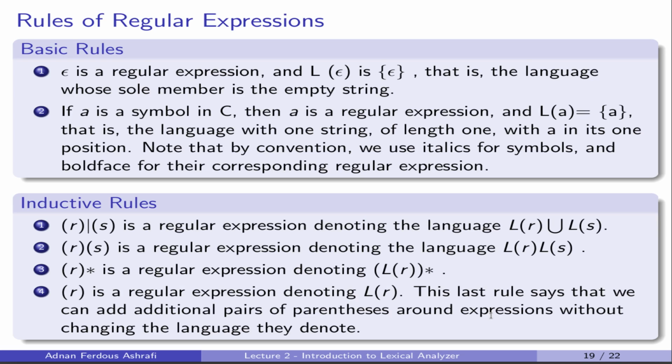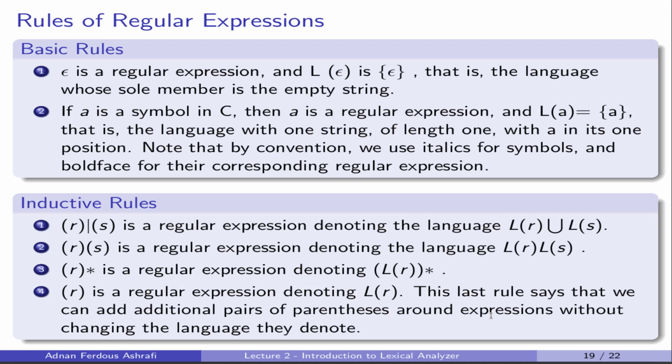So তার মানে হচ্ছে আমি একটা null string ইউজ করতে পারি, আমি একটা কোনো স্পেসিফিক ক্যারেক্টার ইউজ করতে পারি ইন আ রেগুলার এক্সপ্রেশন. ওকে, দুইটা বেসিক রুল গেল. এখন আসি আমরা কিছু ইন্ডাকটিভ রুলে. So as we are defining languages to regular expressions, so তার মানে হচ্ছে রেগুলার এক্সপ্রেশনে ল্যাঙ্গুয়েজের যে অপারেশনগুলো আছে সেই অপারেশনগুলো কিন্তু আমরা রেগুলার এক্সপ্রেশনের মধ্যে বসাতে পারি. তো সো তার মানে হচ্ছে আমরা ইউনিয়ন বসাতে পারি, আমরা কনক্যাটেনেশন বসাতে পারি, আমরা ক্লিন ক্লোজার বসাতে পারি, আমরা পজিটিভ ক্লোজার বসাতে পারি।